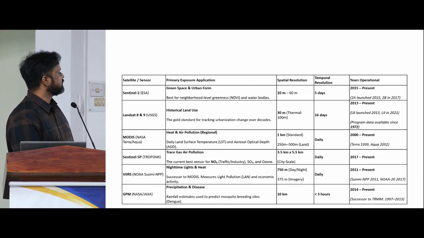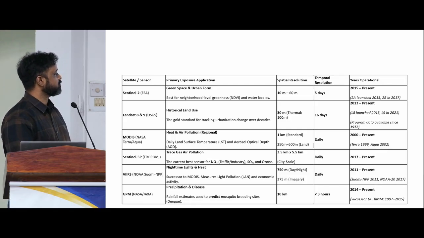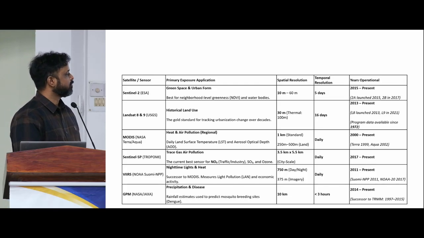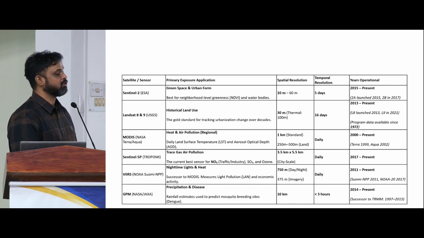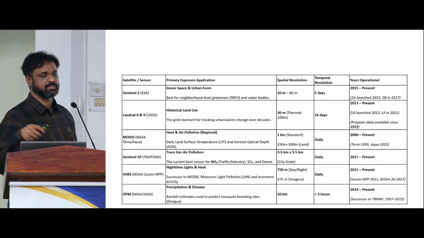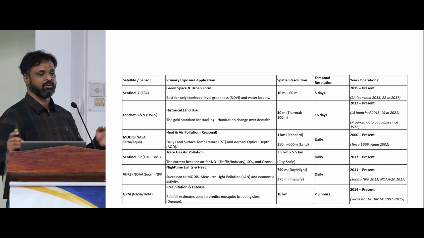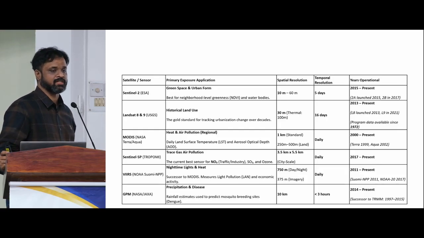Then Landsat 8 and 9, so for historical land use, you can get up to 30 meters with thermal at 100 meters every 16 days from 2013 to present. But historical Landsat can go back as far back as 1972. So this is very good for long-term changes in land use. So if you want to take a photo of Vellore and track its development for the last 40 years,